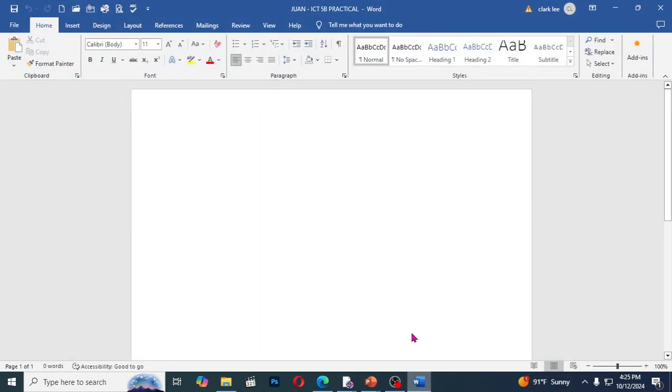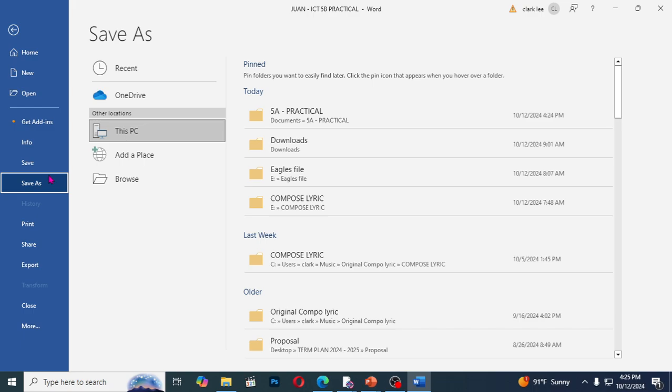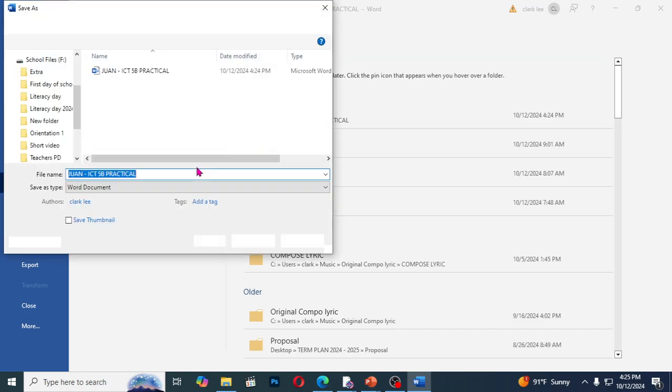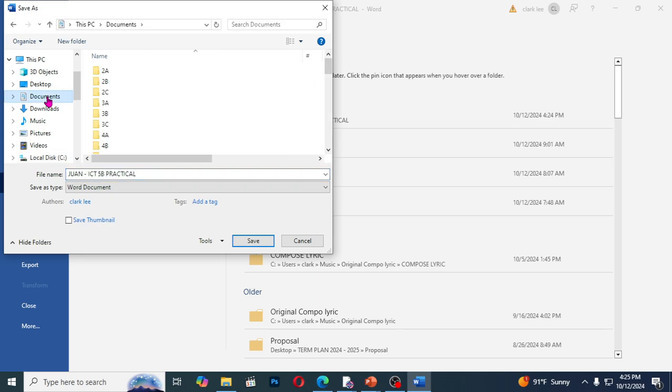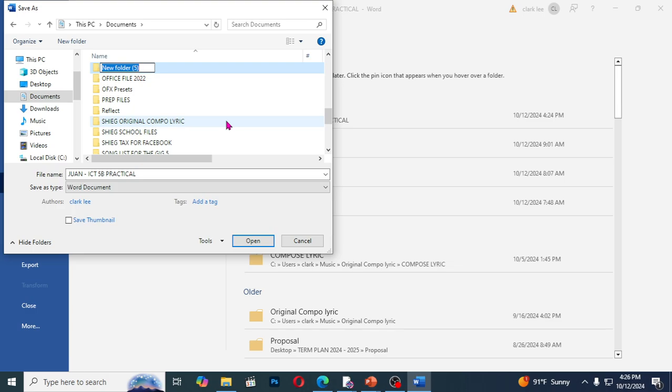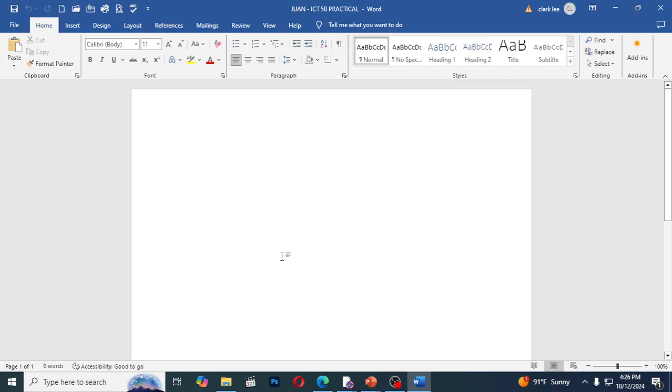Again, to save the file, make sure that you are in the file, and then Save As, browse, go to Documents, new folder, write 5B, that's practical, and then double click and write your name. Okay, and save. Okay,